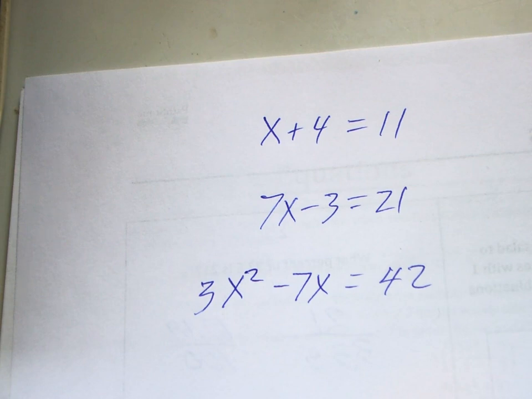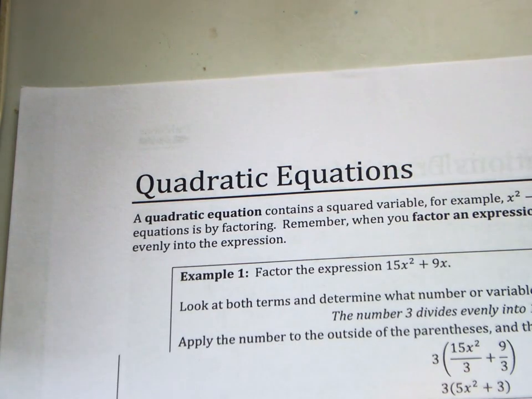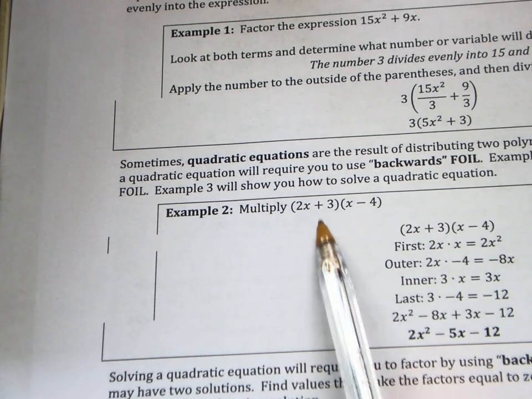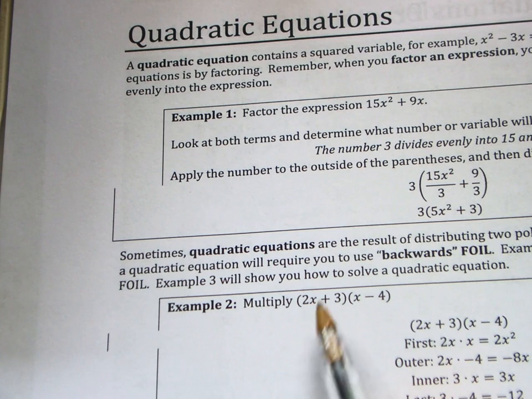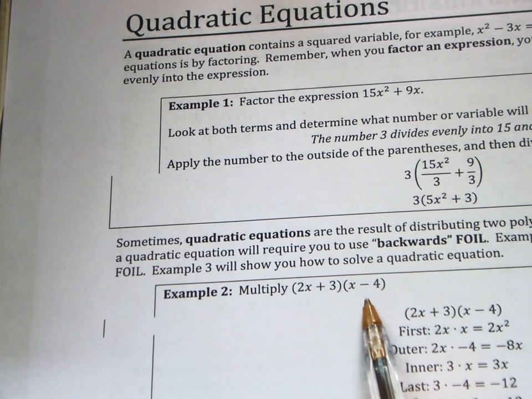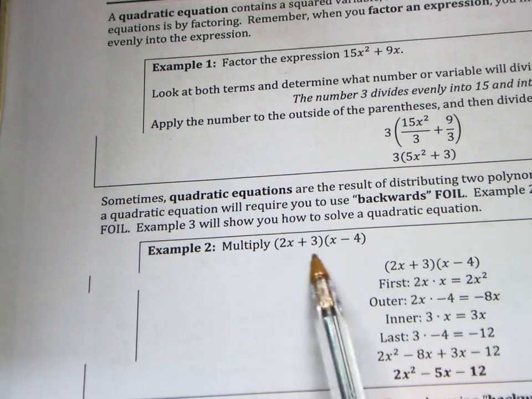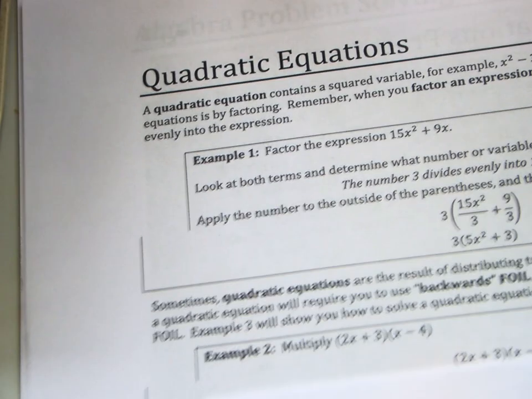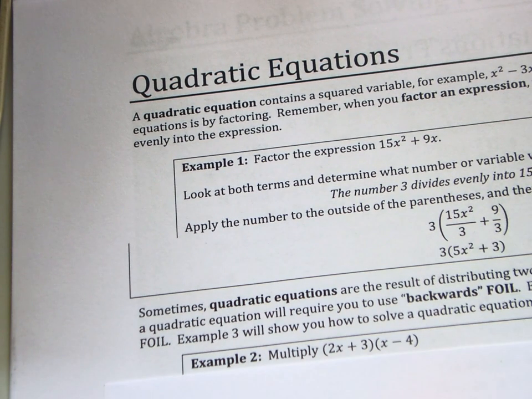But first we're going to look at how to make quadratic equations. And here they're showing you how to multiply two polynomials to get a quadratic equation. They're going to multiply this out and end up with a quadratic equation with an x squared term. Okay, let me try it as an example. It says multiply 2x plus 3